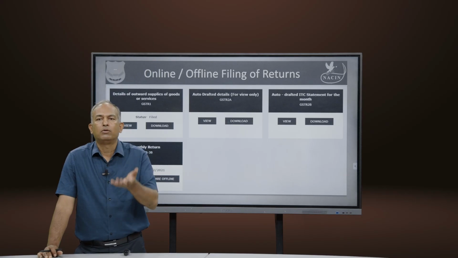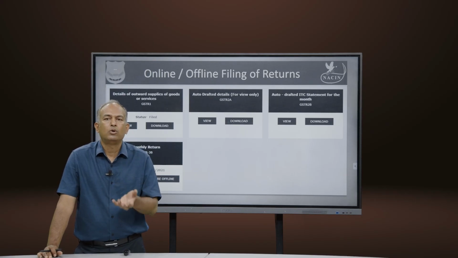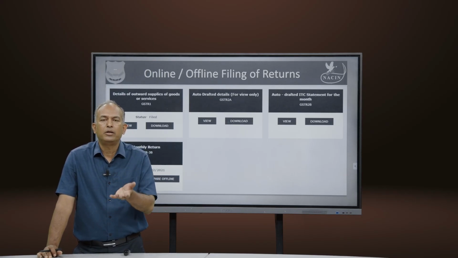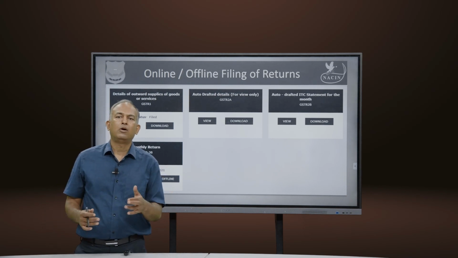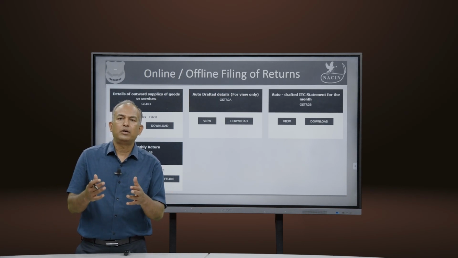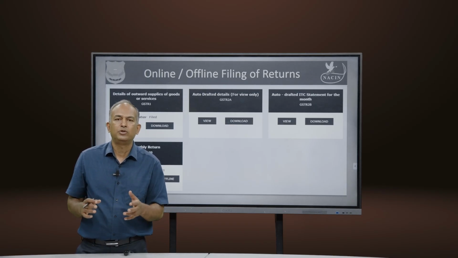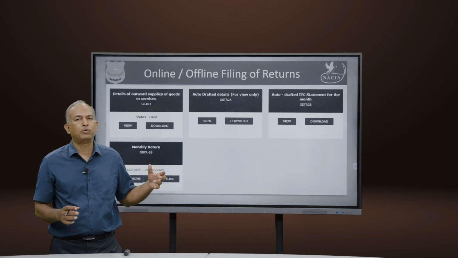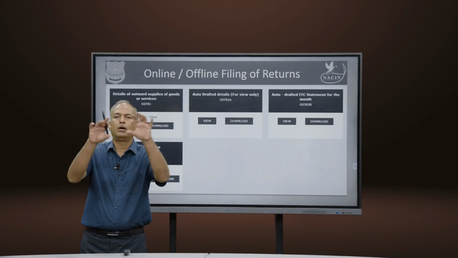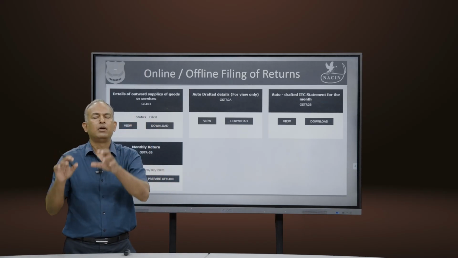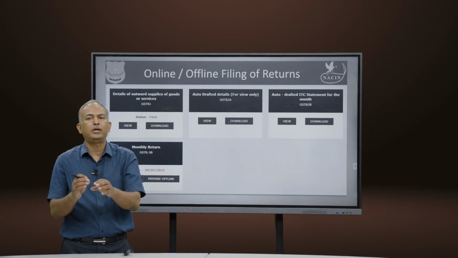Offline utilities have been created for all the return forms. For the GSTR1, the offline utility converts the data into a JSON file, and the JSON file gets uploaded. The respective tabs that we saw, GSTR1 tabs 4A, 4B, 6B, 6C, whatever is there in the JSON, the details that have been entered